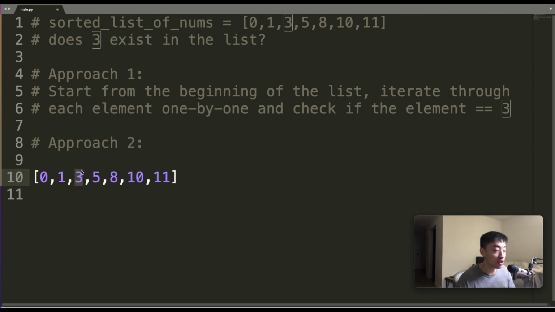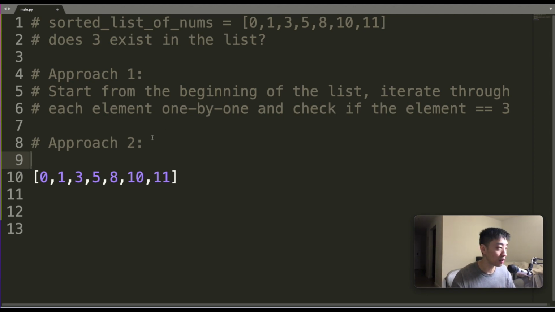what is the middle element? Well, in this case, the middle element is just 3 because, again, we've narrowed our search domain to just 1 element. And the middle of a 1 element list is just the element itself, right? So we check the middle and we find that it's 3. So in this case, we just return 3. So that gives us a good starting point to start implementing this approach, which is known as binary